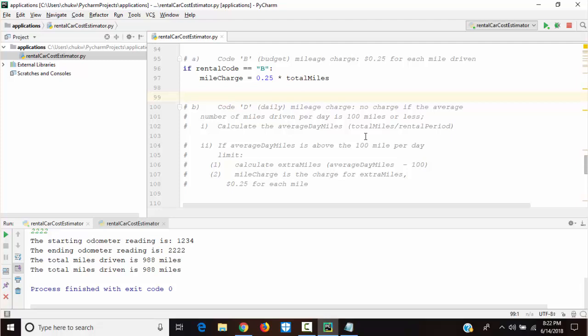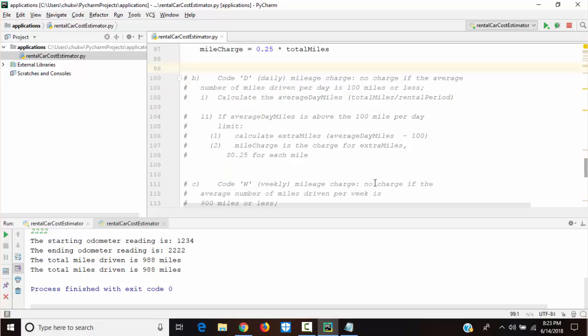Then, if average day miles is above the 100 mile per day limit, calculate extra miles, which is average day miles minus 100, and then calculate the mileCharge. mileCharge is the charge for extra miles, which is 0.25 for each mile. Okay, folks, let's write the code here.